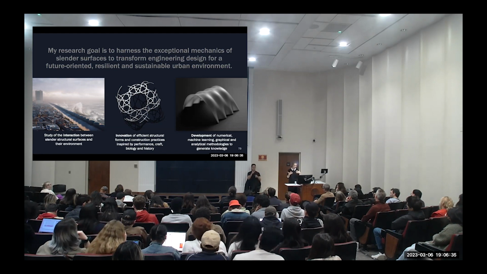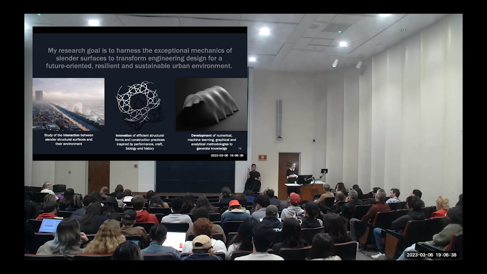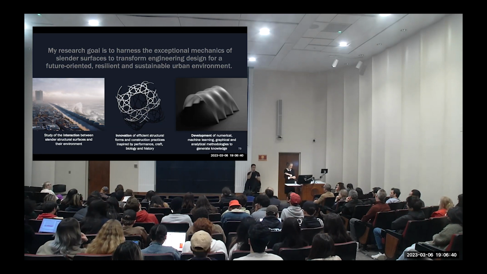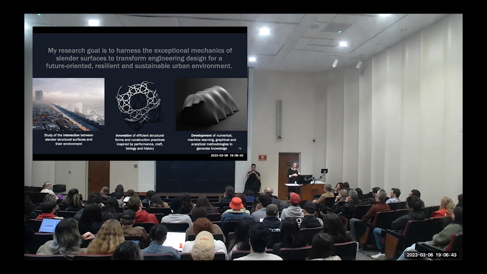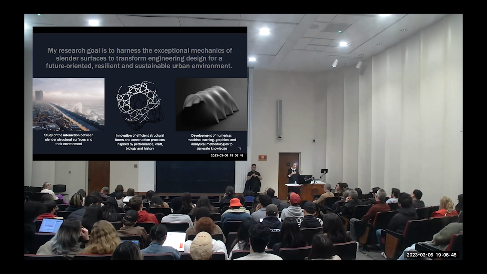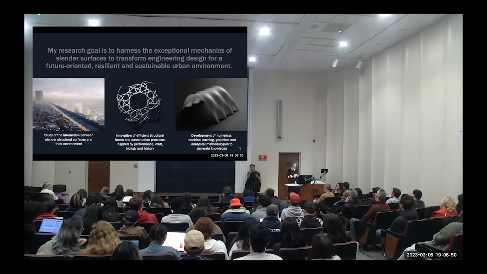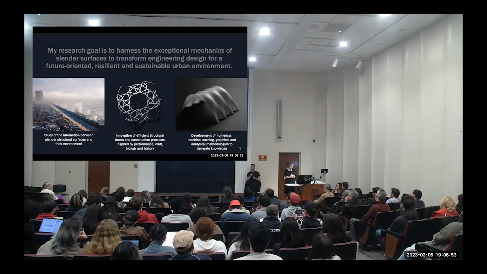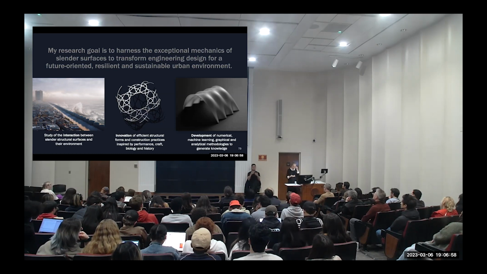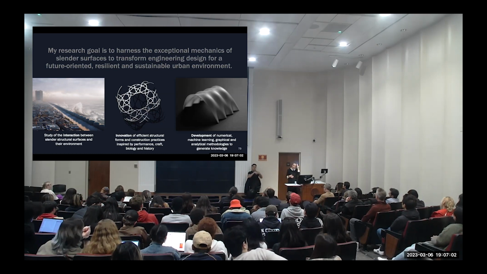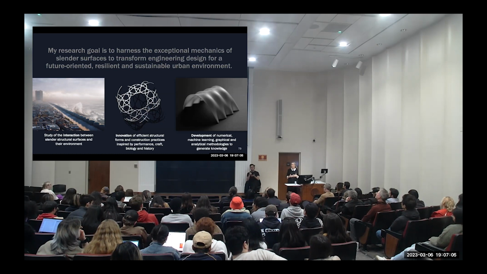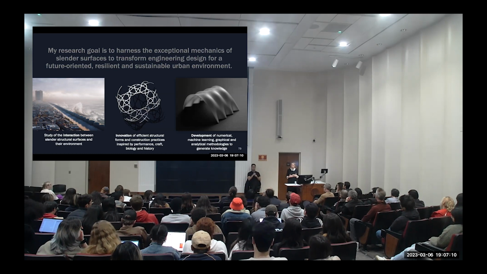And so I like to study these kinds of systems for applications in the urban environment. I get my inspiration from practices either from art or craft, biology or history. And of course, to study all these systems, we have to develop techniques to study them. So we use machine learning, and we showed this in this presentation. But sometimes we use graphical and analytical methodologies to help us understand how these systems work, and once we understand how they work, how we can optimize for performance.